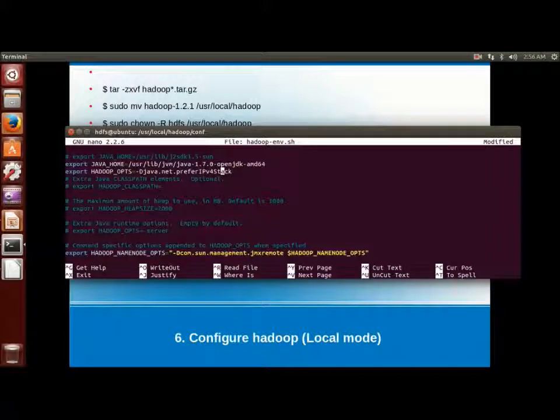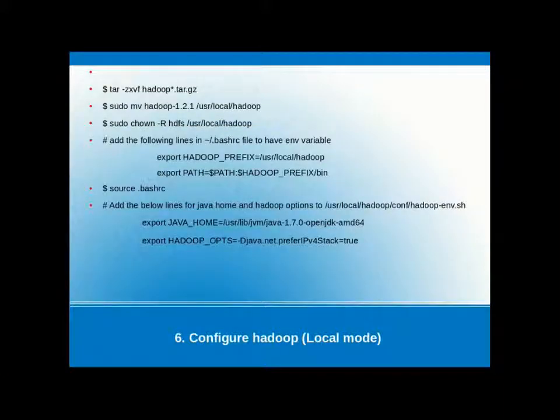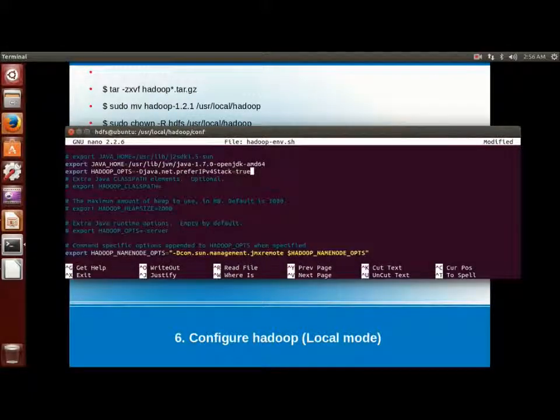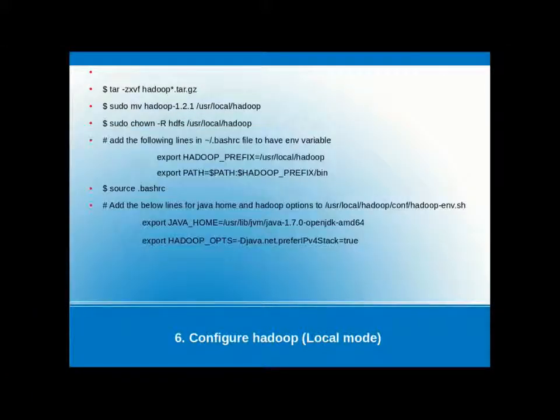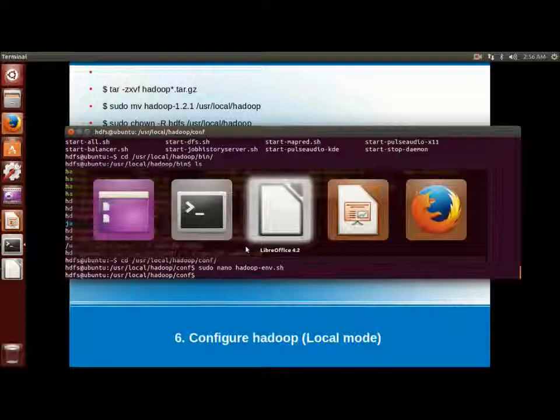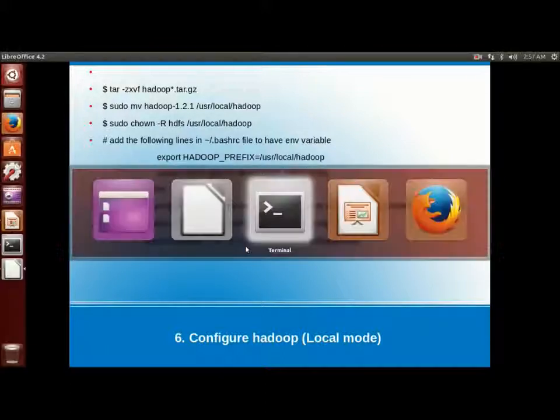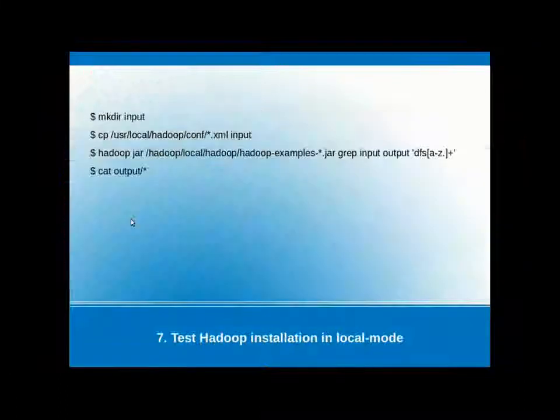Next, nano is the default editor for Ubuntu. It will work with the sudo user only. That's why we will open this file in the nano editor with sudo nano. Ctrl+X will close the file. While closing the file, it will ask for confirmation whether you want to save or not. If you press yes, it will save the changes to the file, and it will ask whether you want to overwrite this file. We need to press enter so that the changes take effect.